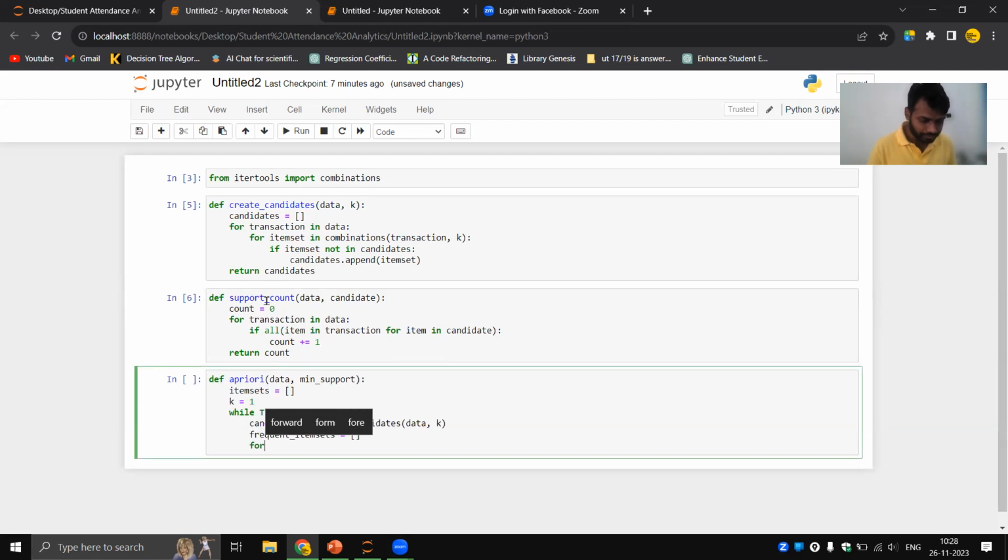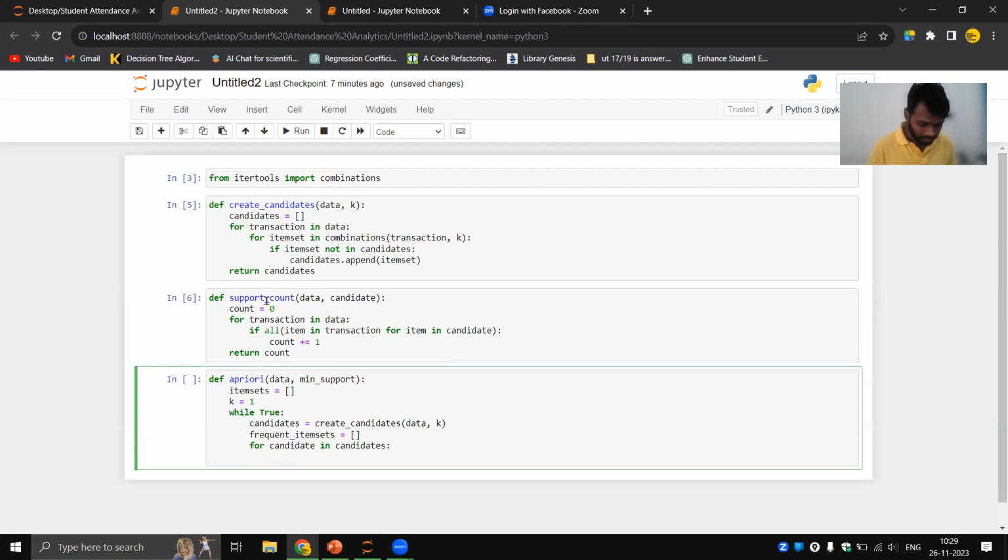Similarly, for candidate in candidates, support which will be equal to support count, data, candidate.